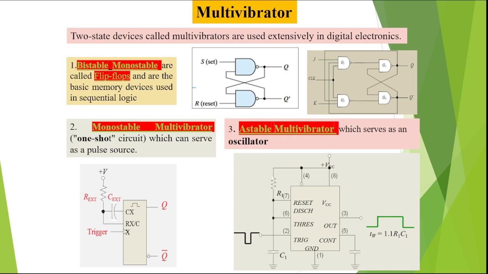The monostable multivibrator is a one-shot circuit. It can give a pulse from the source only once. A bistable multivibrator uses memory devices for sequential logic. At the same time, it can set and reset. Two logics will be there: one is set logic, another one is reset. That is why it is called bistable